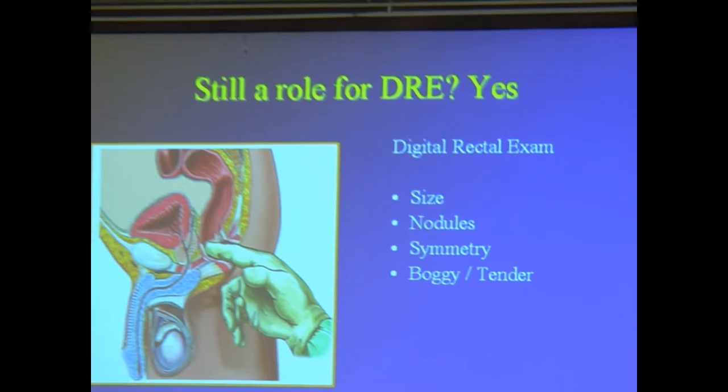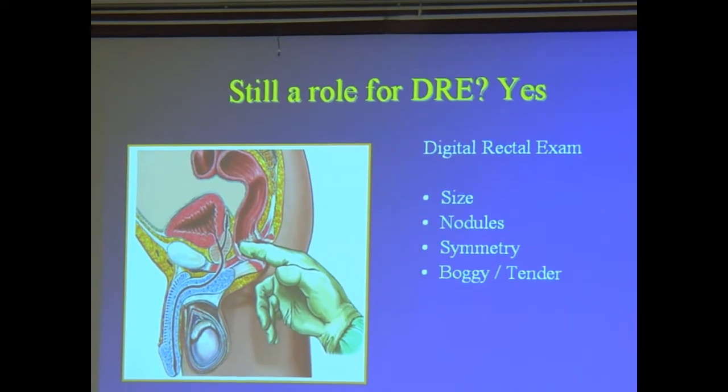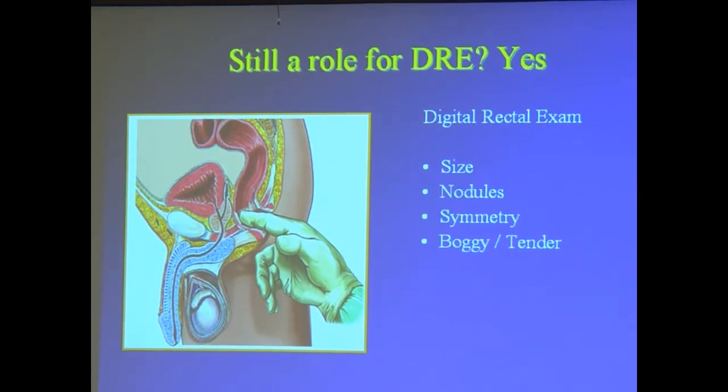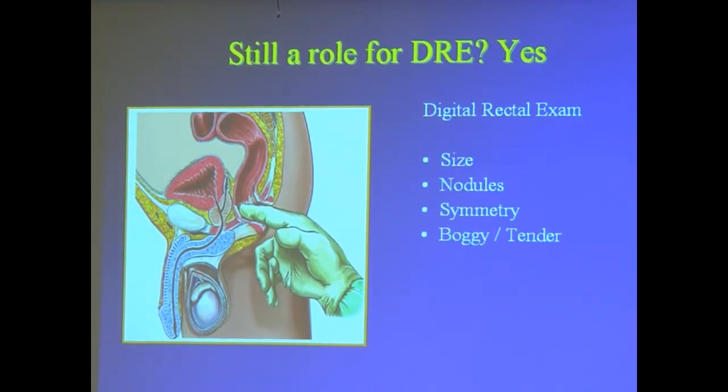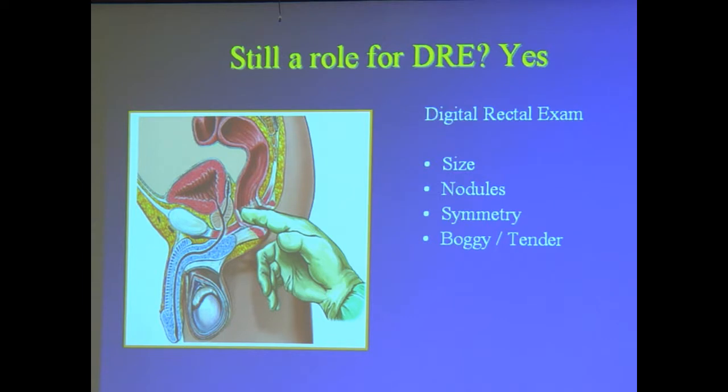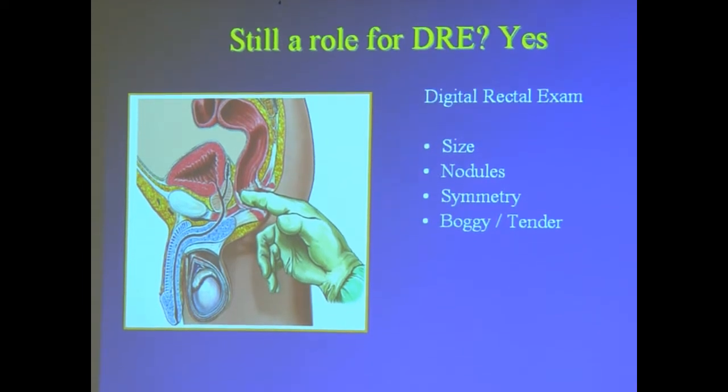Is there still a role for the prostate exam? Absolutely. We've got to remember, in front of me is a man. The man could have prostate cancer. He may have prostate enlargement. He may have prostate infection. And so there's still a role for prostate exam, and that's basically our feel of the backside of the prostate, and we're checking for size, nodules, does it feel symmetric, and is it boggy or tender, which can indicate an